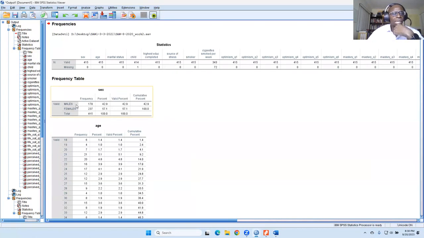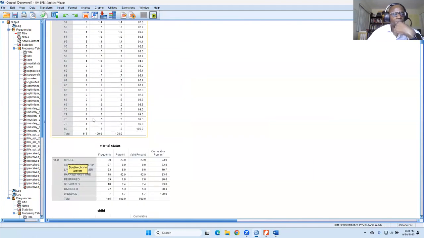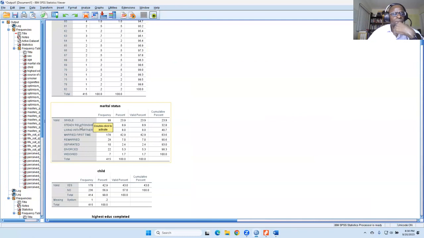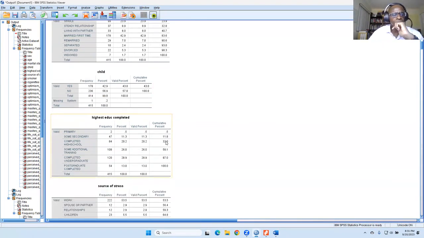So males, females. Okay, so this is valid. Age, this looks fine. 82. Okay. Single, steady relationship, widowed. Okay, these look fine. Yes, no. So what we're looking for is responses that don't make sense for the variable. All right.